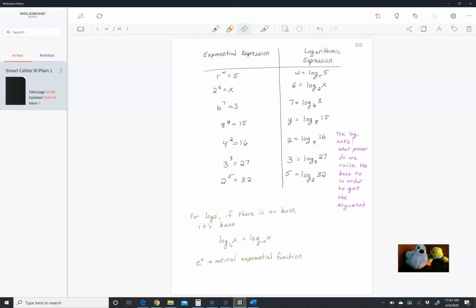The problem is that if we just said, okay, well, if it's a base of e, we don't write the base, then how are we going to know whether it's a base of e or if it's a base of 10? So in order to take care of that, we use different letters. Now, the fact that we use different letters doesn't make any of the rules different. Everything is the same because it's still log. So log base e of x, instead of writing the base of e,